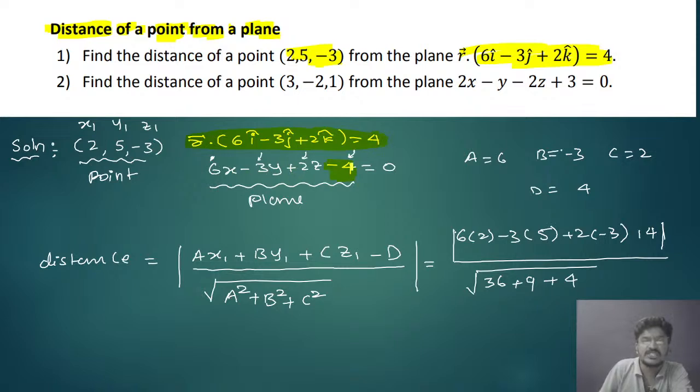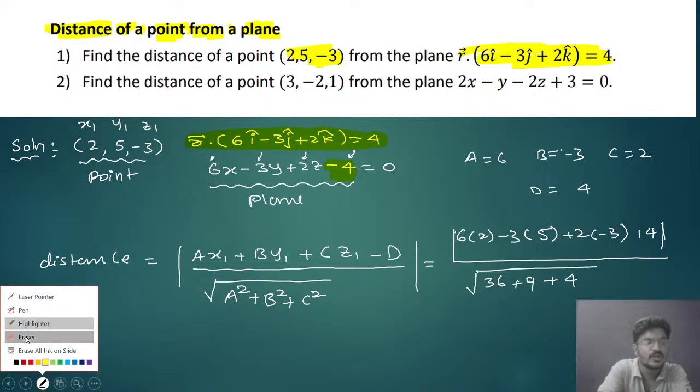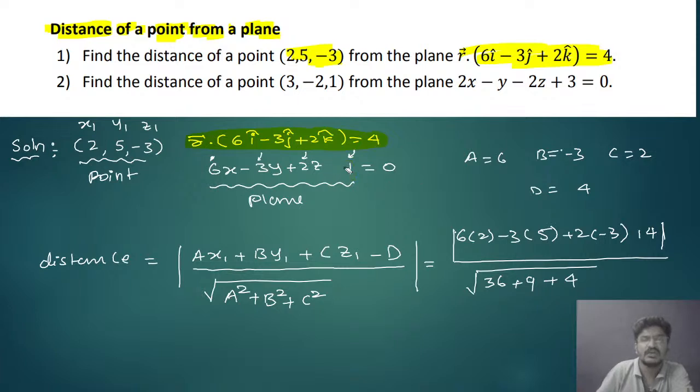here this is not -4. That has to be taken as +4. Please understand. This will be +4. Please understand this. Most of the students do wrong with the d value. So here we must take it as +4. Clear? That will be here